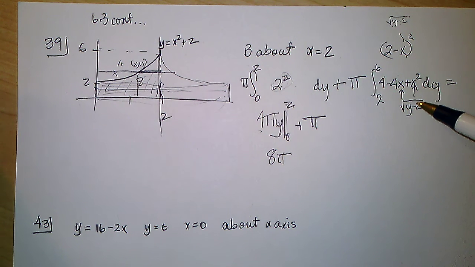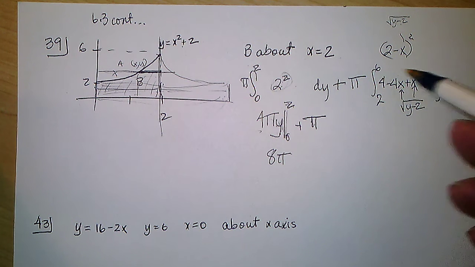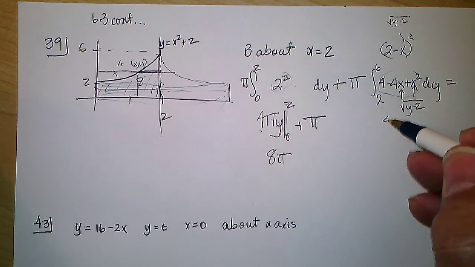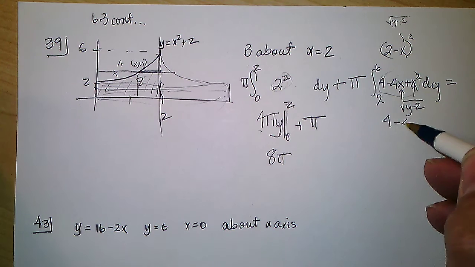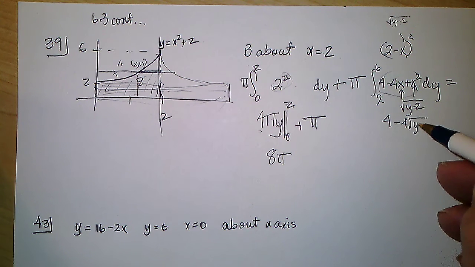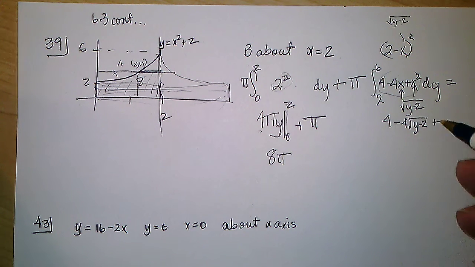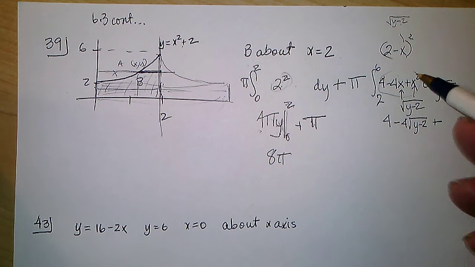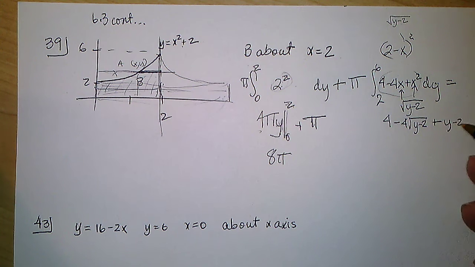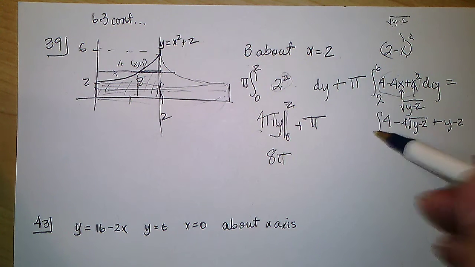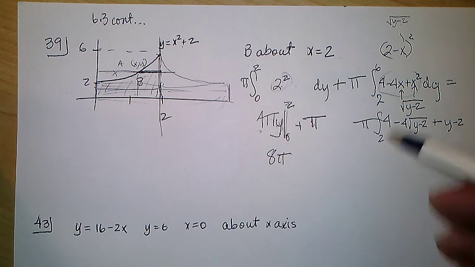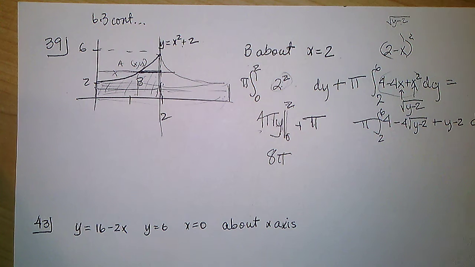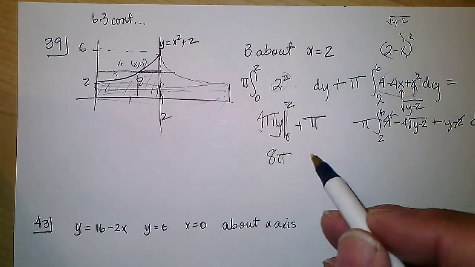And then we're going to have to integrate. So let's simplify that first. So we're going to have 4 minus 4 square root of y minus 2 plus square root of y minus 2 squared, which is going to be y minus 2. And that's what we have to integrate from 2 to 6 dy. And this 2 can come off of the 4 and leave a 2. And so now we have to integrate, and we're going to get